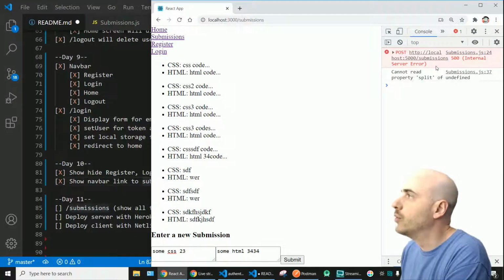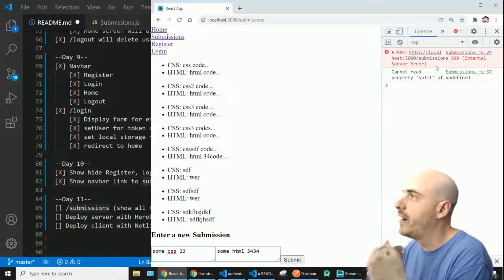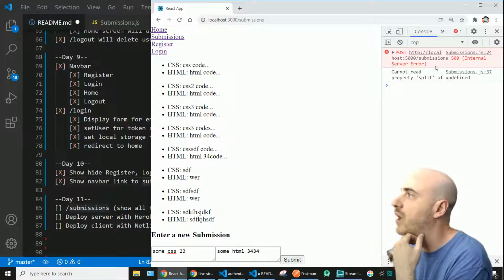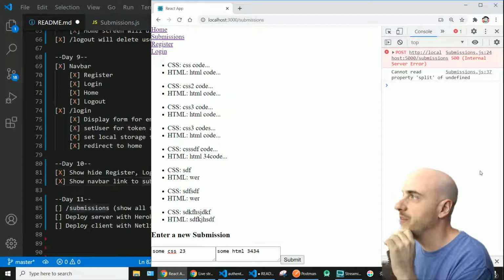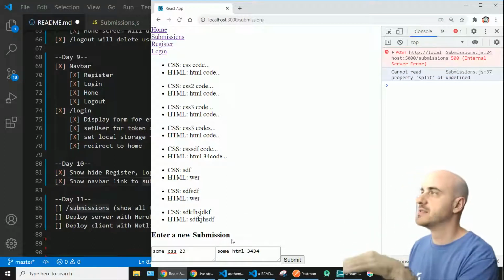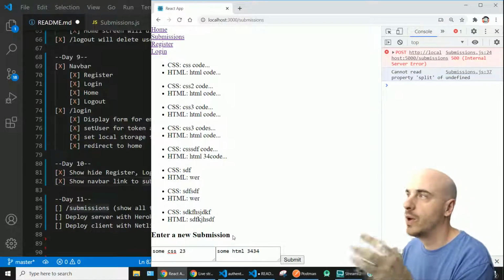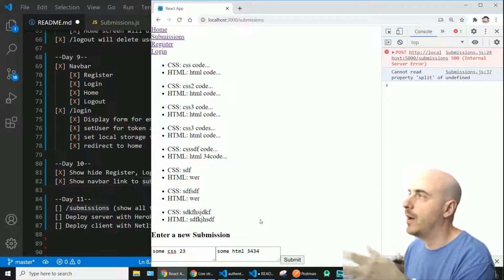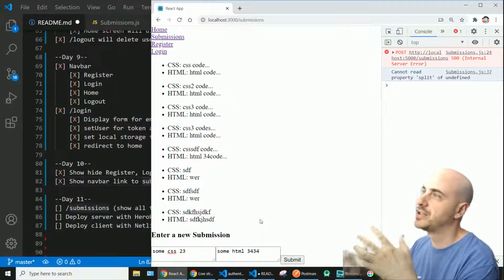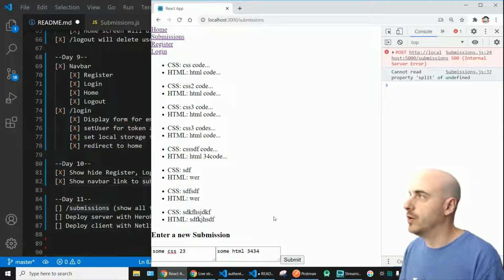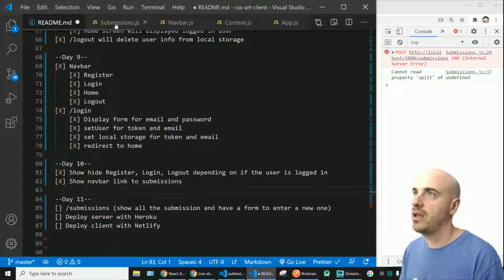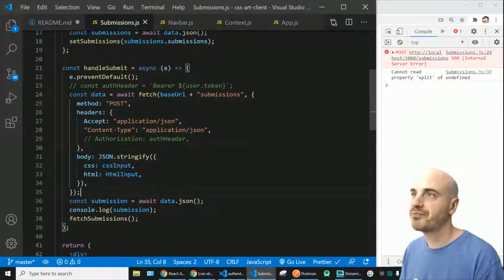And I totally couldn't figure out why. I had to end the stream and just debug because I was killing too much time. So I figured it out, but let me show you how I did it. I was a little thrown off because this is the first route where we're actually using authentication middleware. So we send this request, and just to remind you what this request looks like, in our submission form,